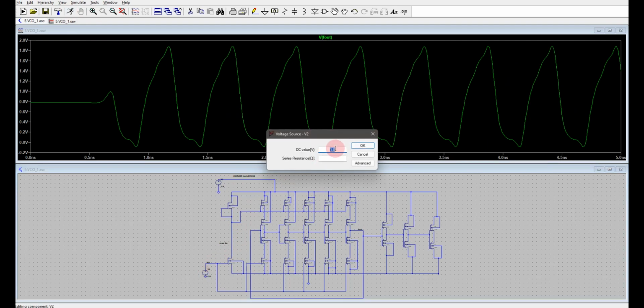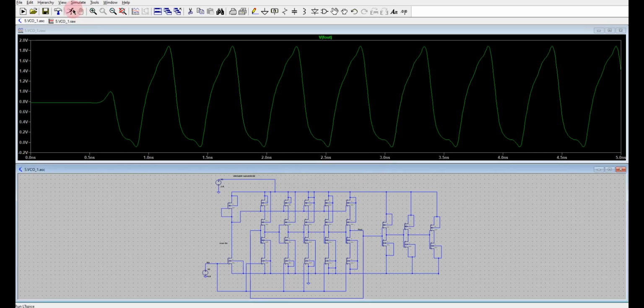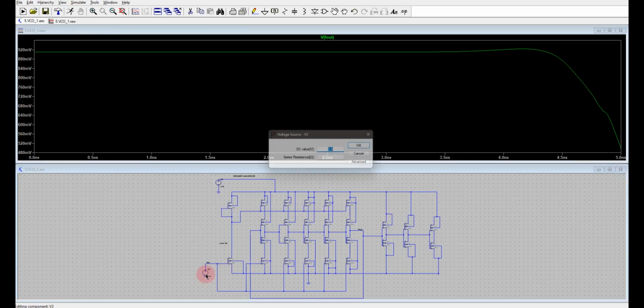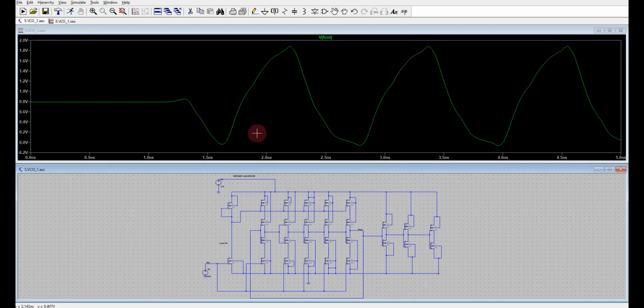If I change this to 0.6 or something, then it is not switching on this transistor at all. So let me put it as 0.8. If I run, this is a low frequency signal, right? It's pretty low out here now.